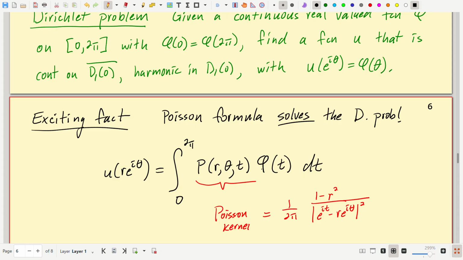This is a heat problem. So harmonic functions satisfy Laplacian is 0. That's steady state heat. So I'm looking for the steady state solution of heat with those boundary values. So if I know the temperature on the boundary,